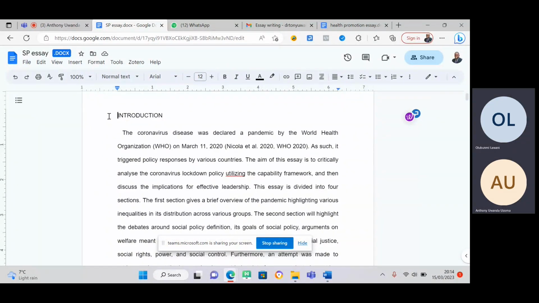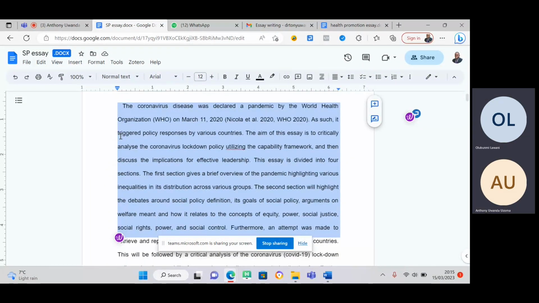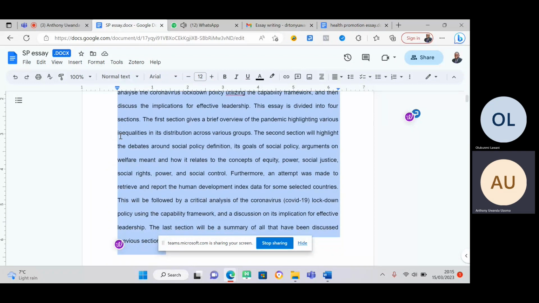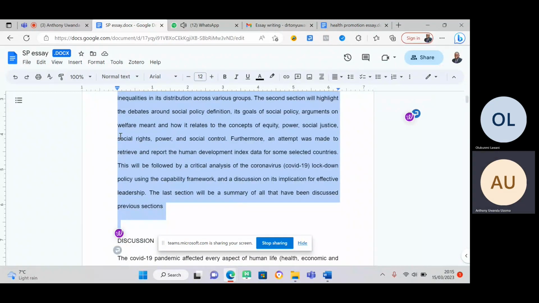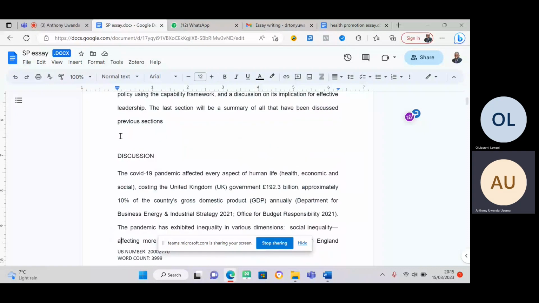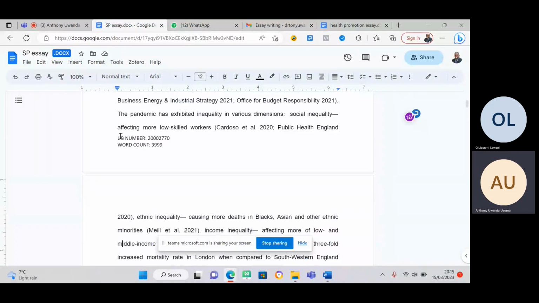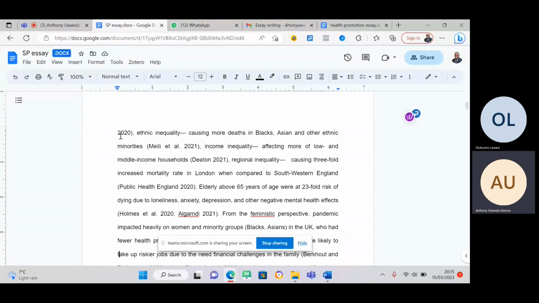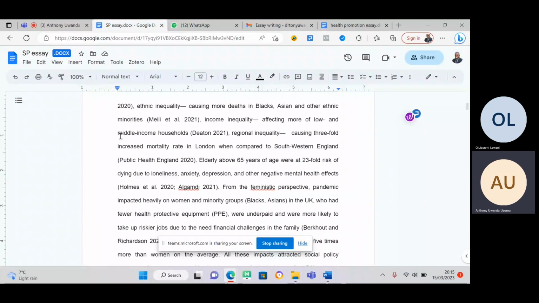So this introduction, I wrote it last. So this is not where this essay started. Essay writing doesn't start here. This is where my essay started from somewhere. This essay, you have to start writing it early. First draft, second draft, third draft, fourth draft, fifth draft. And then